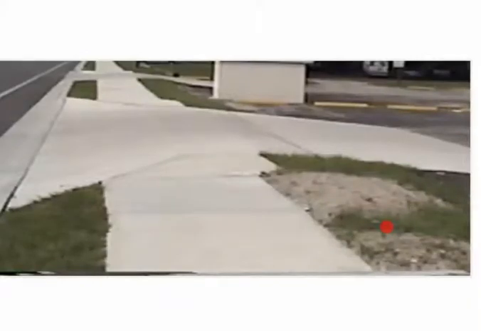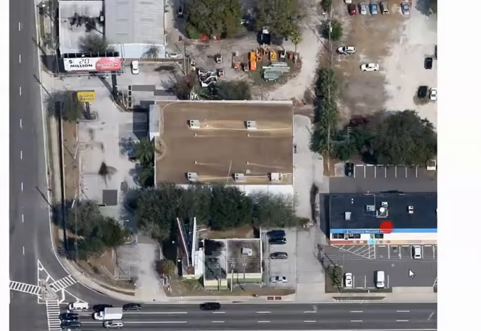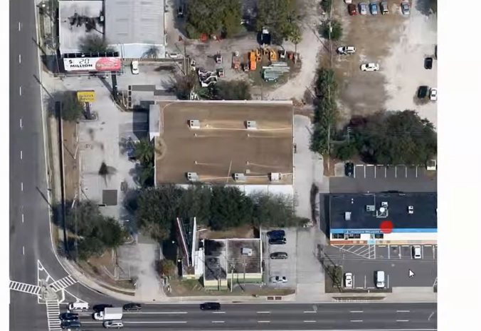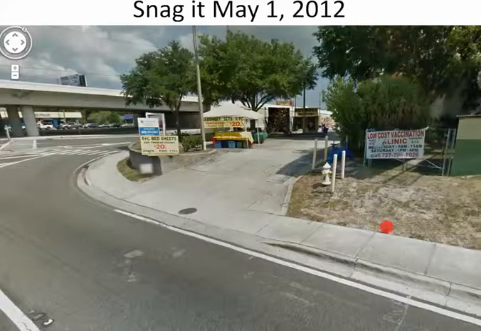So this is another case in which we improved the roadways around this property and left driveways that you can see from the